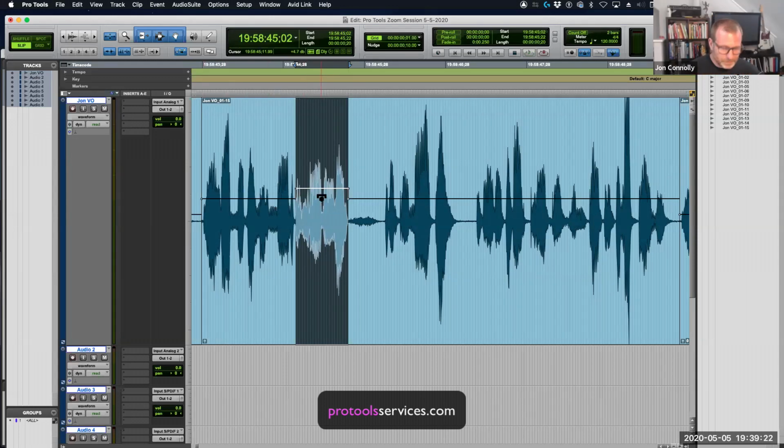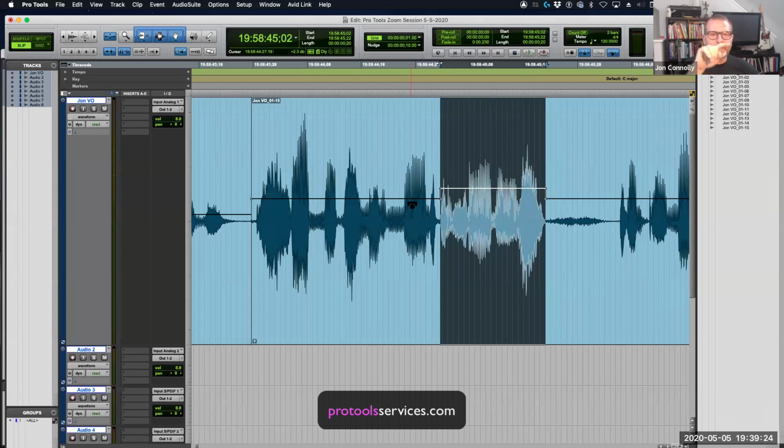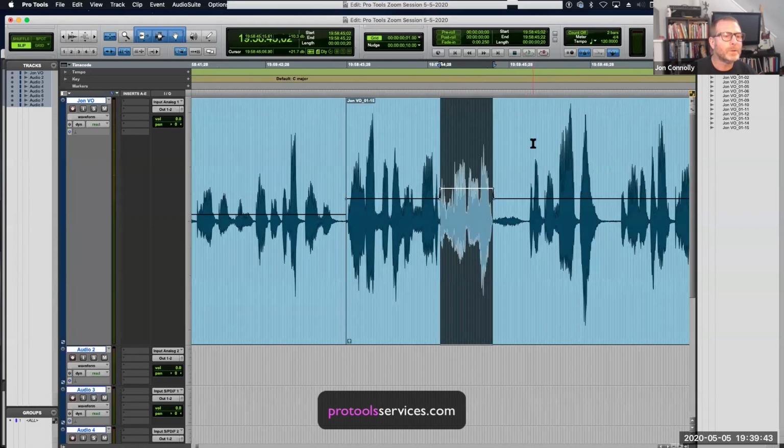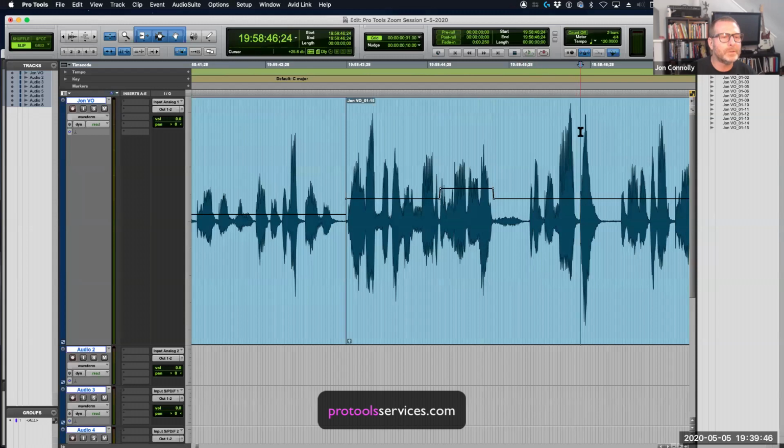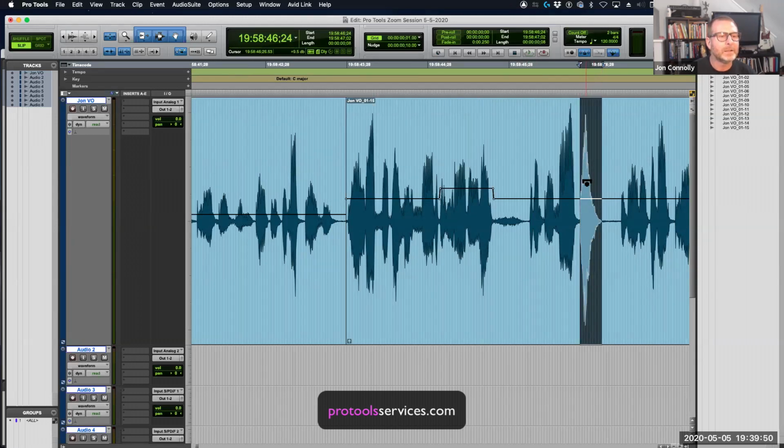Now I've made some changes here and they're very abrupt volume changes. It's a right angle. I don't like to do that because it usually sounds kind of weird. So I'm going to click and grab these little breakpoints and just kind of ramp them out so that it fades up and fades down. It's not an abrupt gain change. And I'll come over here. Now here's some audio that's quite hot. I'm going to take that and gain it down.